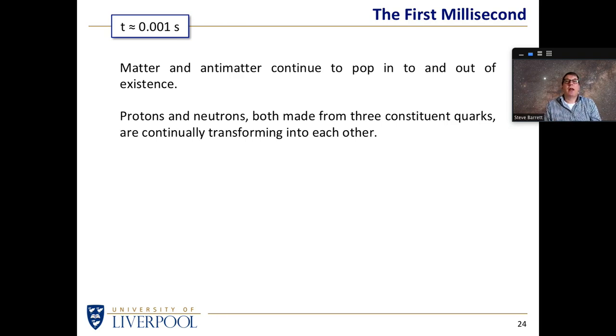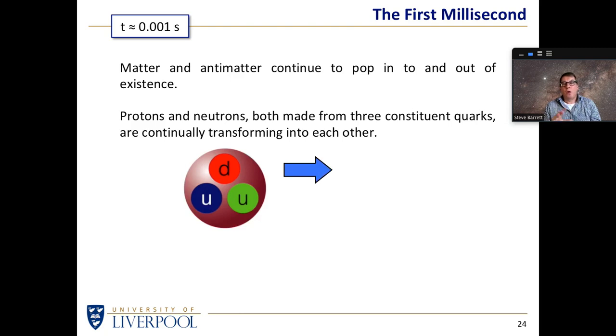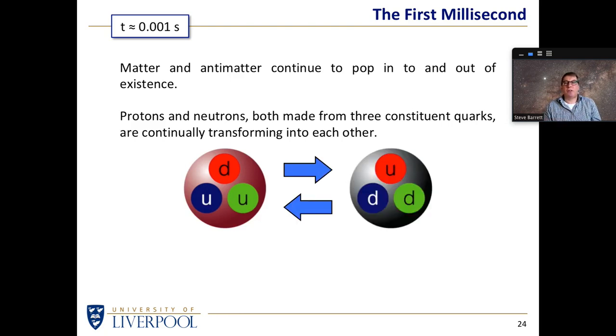Eventually, protons and neutrons, which are made up of quarks, can start being made because the universe is now cold enough that we can make a proton and we can make a neutron. We don't have to worry about the specifics of the details, but if we had a bag of 3 quarks, and it doesn't matter particularly why they're coloured red, green and blue, and it doesn't really matter what the symbols U and D actually mean, but a particular configuration of 3 types of quark in a bag is what we label a proton. We call that particle a proton.